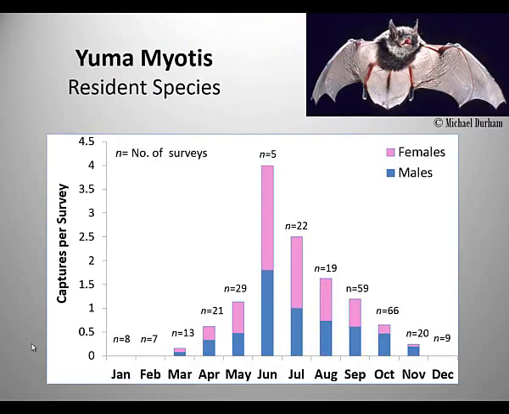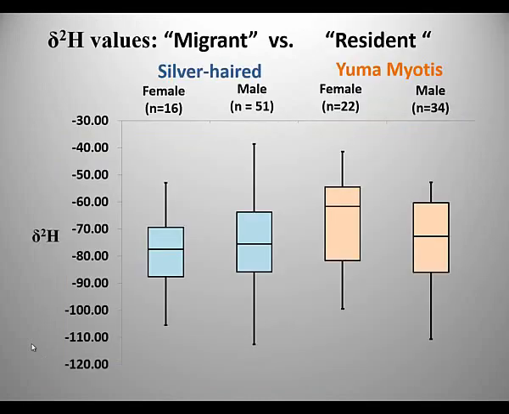So as I said, going into it, we knew that there was some level of coarseness associated with this type of analysis. So we decided to have an outgroup. For the outgroup, we used the Yuma myotis. This is basically your typical bat that's active primarily during the summer. It's inactive during the winter. The sex ratios are equal. And probably the most important thing is that it's a really tiny bat that we don't presume moves very far at all. So we can call this our resident species and compare the isotope ratios that we find in this species to the migratory species.